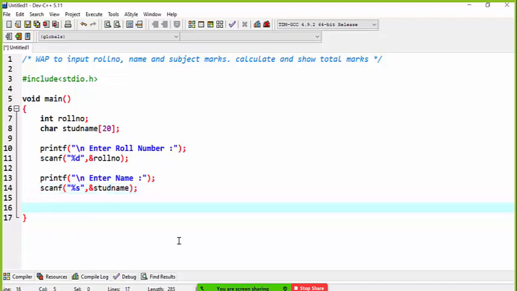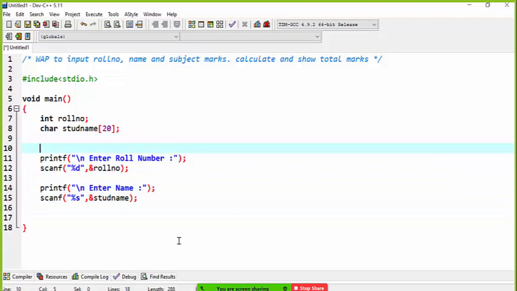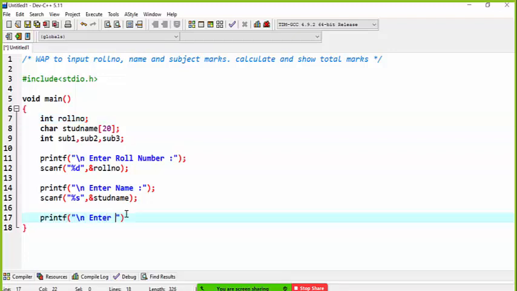Next I want to read subject marks. In this third line I declare some more variables, subject 1, subject 2 and subject 3. If you declare these variables on the same line, that is also correct. So some habits you can follow. I can keep the subject variables separate from the roll number variable, but if you declare them on the same line, it is also correct. In the next line I ask the user to enter marks of subject 1,